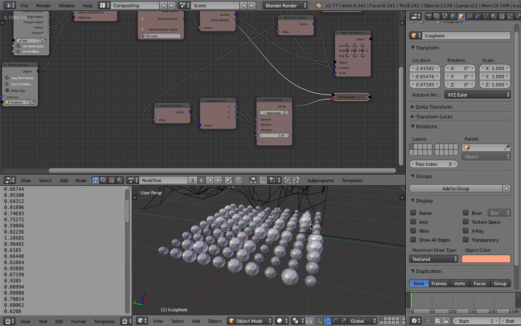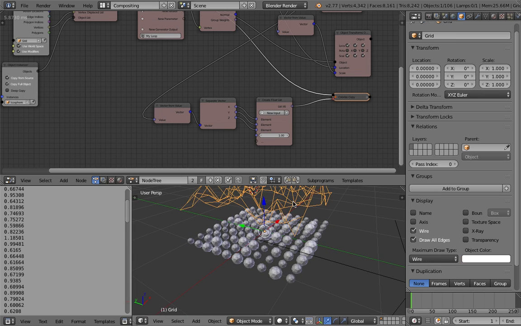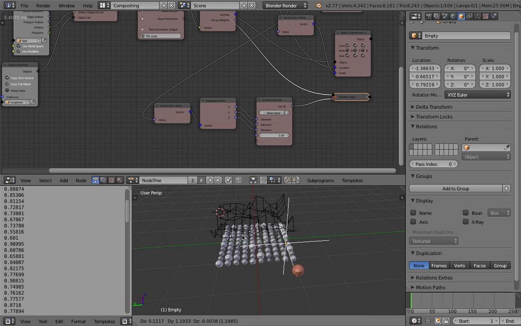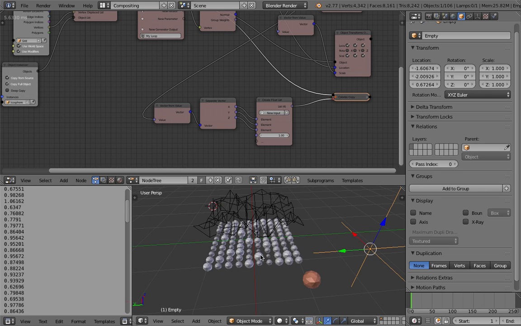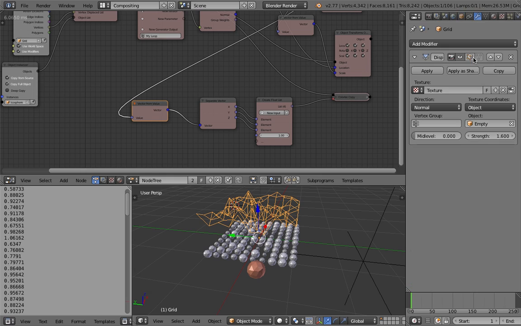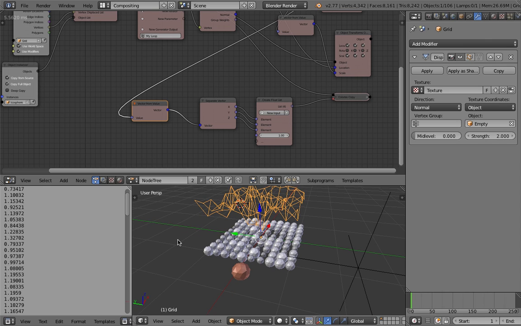It's grayscale, and this cloud is driving the value right now. Yeah, it's very subtle. You might not be able to see it because if you look at this value, most of the values are pretty high. Maybe because of the mid-level as well. The strength, each one of them is responsible for this.